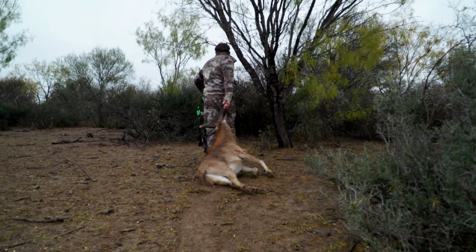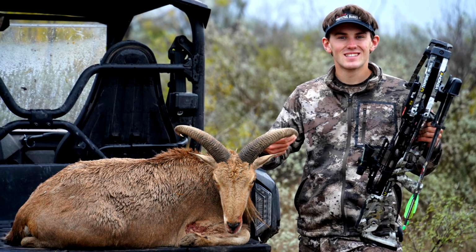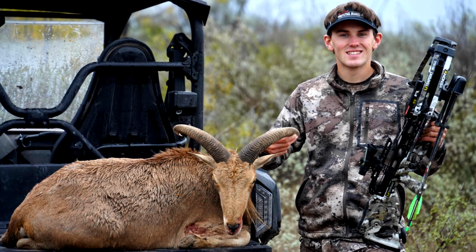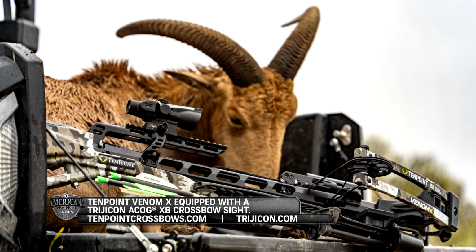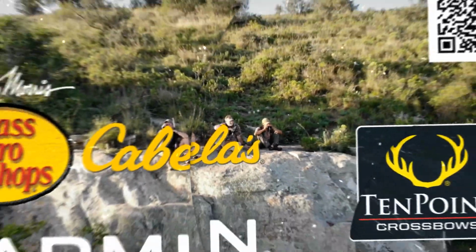Holy cow. Congrats on your first aoudad, Gentry. Way to manage the herd and demonstrate the deadly combination of the TenPoint Venom X and Trijicon ACOG XB crossbow sight. We'll return to the field in just a moment,